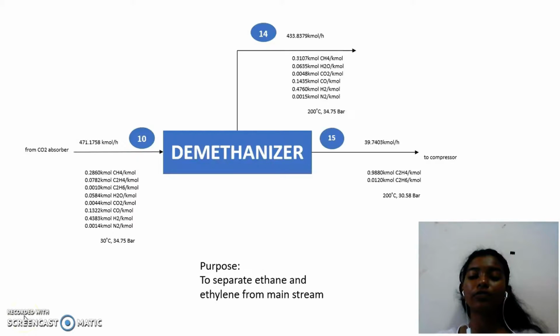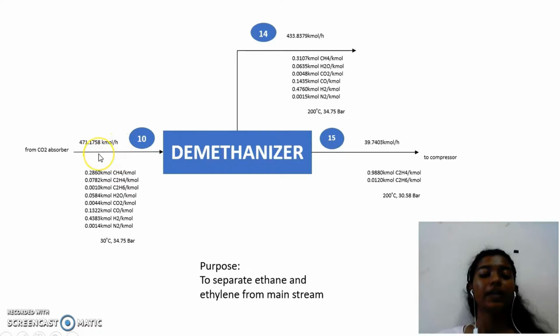Now let's look at the demethanizer unit. The purpose of the demethanizer is to separate ethane and ethylene from the main stream. If you look here, the demethanizer has one input and two outlet streams. The inlet stream is coming from the CO2 absorber, while this stream goes to the compressor, and this stream is removed from the unit